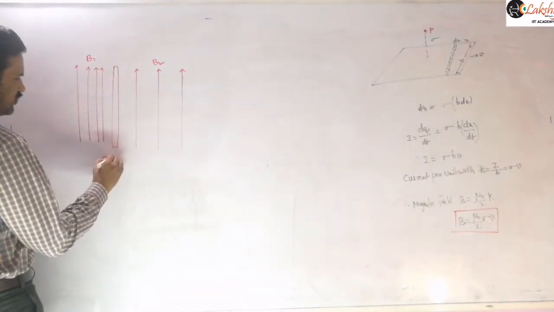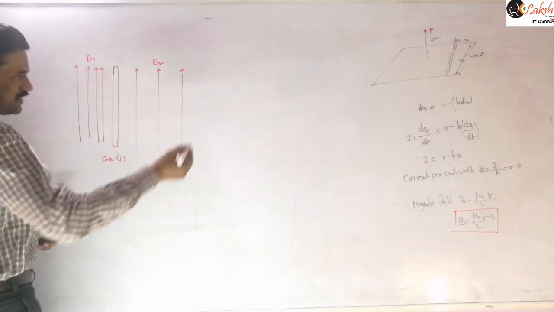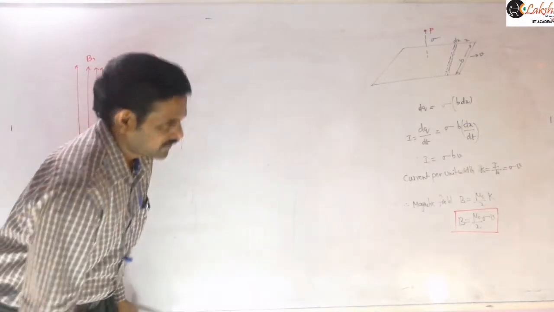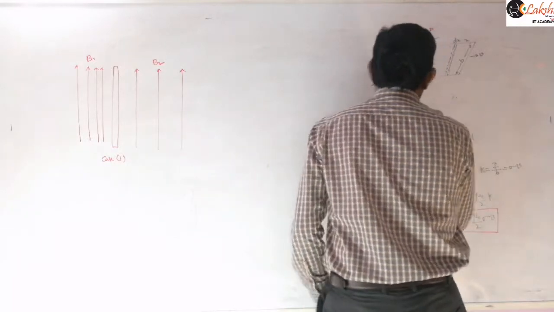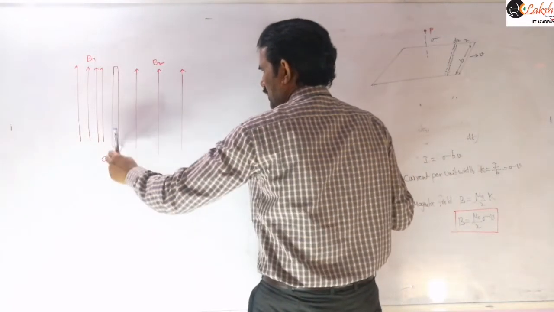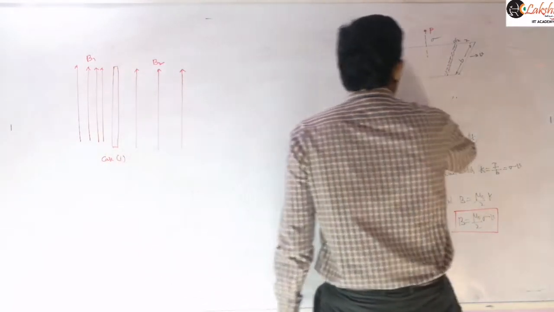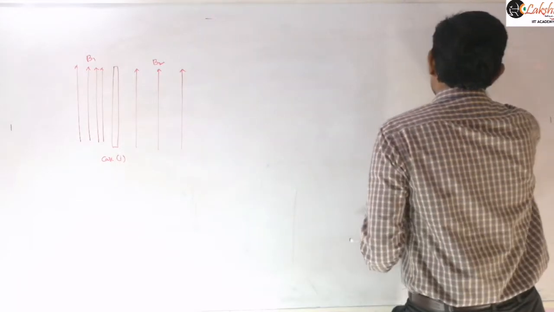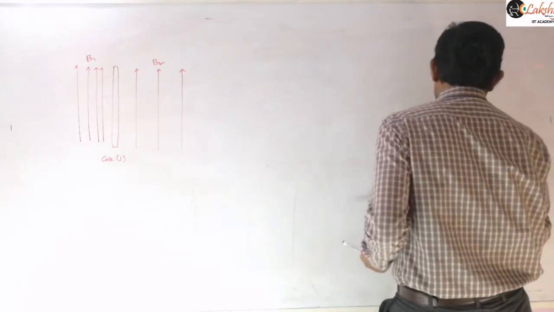So this is case 1 I am taking here. Then the remaining cases I will draw after completion of discussion of this problem. So is it clear? That means this is an infinite conducting plane here. I am showing the cross section view here. So that means perpendicular to that board, that infinite conducting plane is there.